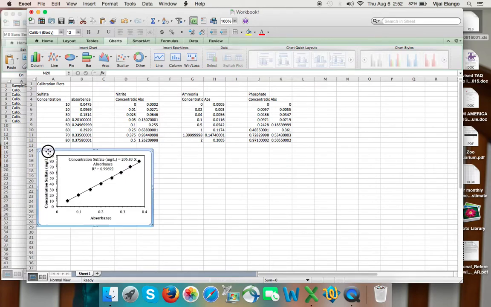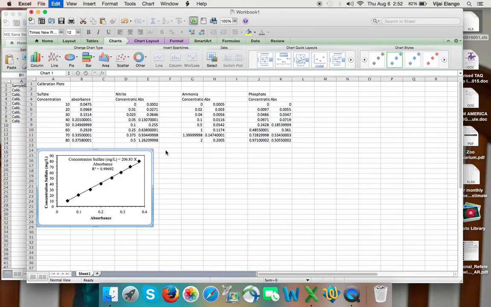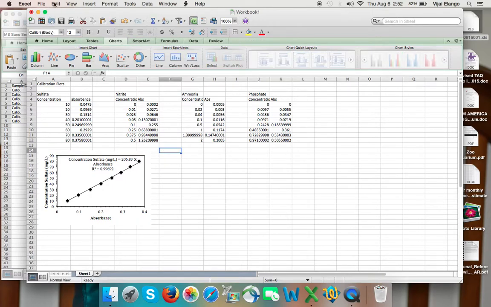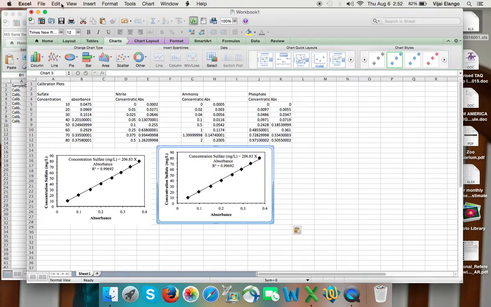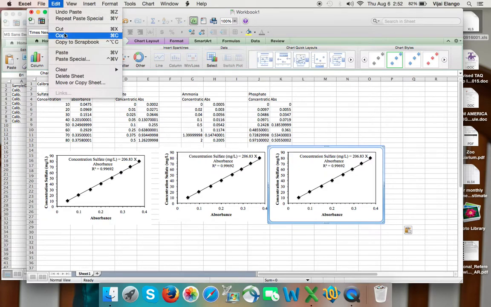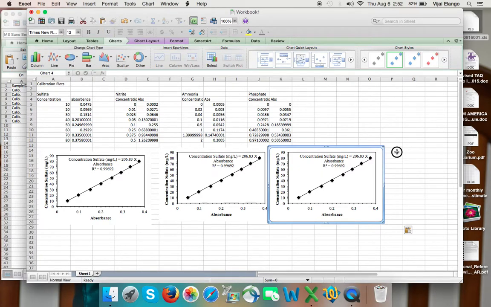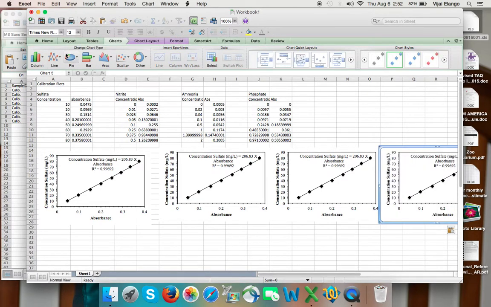Okay, let's do it one more time. Copy, paste, and copy this and paste it. I'll copy this and paste it right here. Now the reason I want to make one plot and copy and paste the same is to keep the format